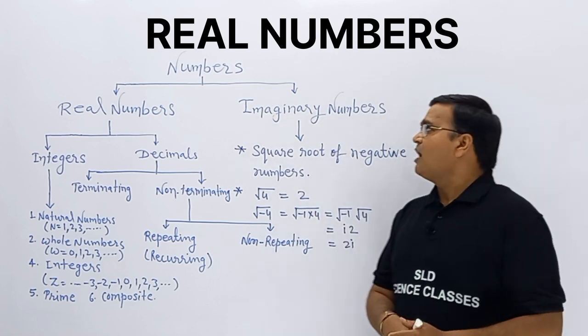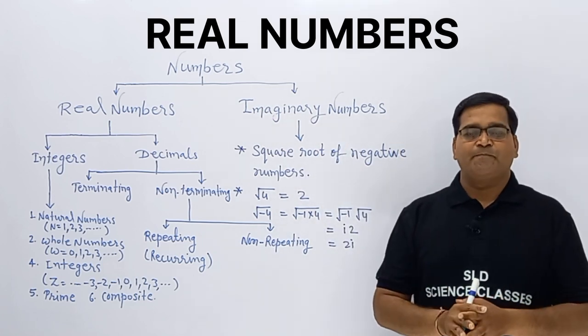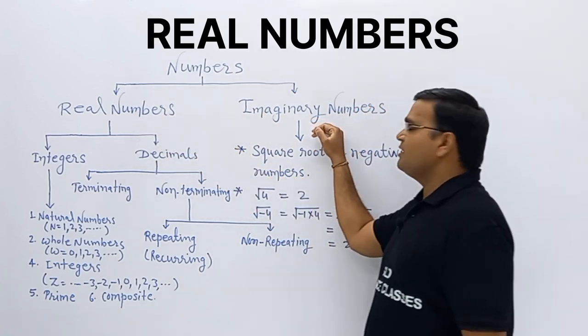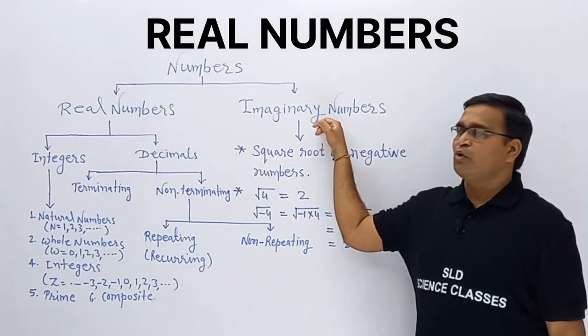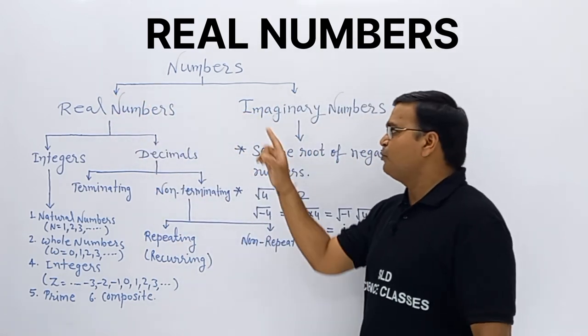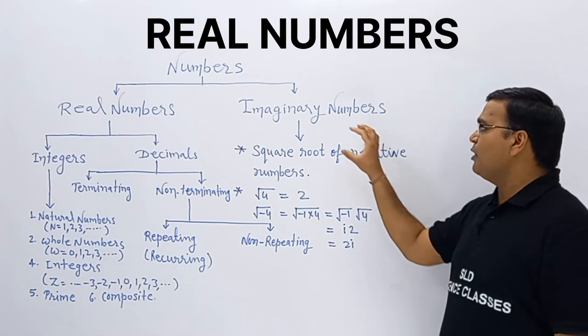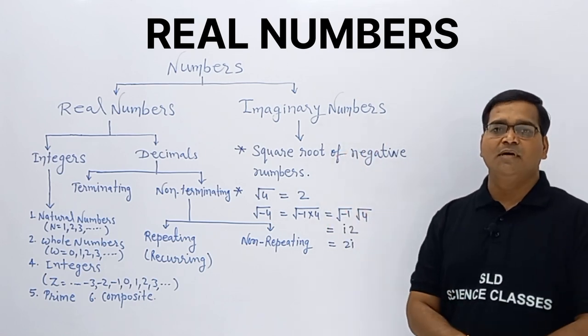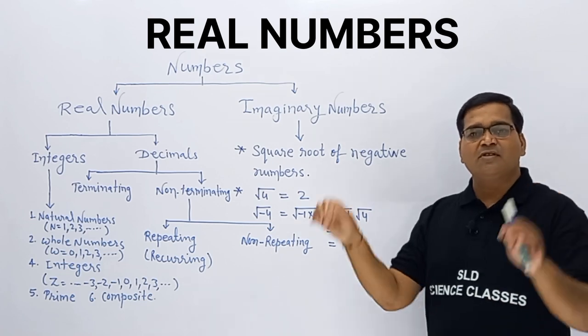What am I saying? I am saying numbers are two types. One is the real number, another one is the imaginary number. Studying the real number is our first chapter, but before this I am going to discuss only small things about the imaginary number, because whatever numbers we studied till now